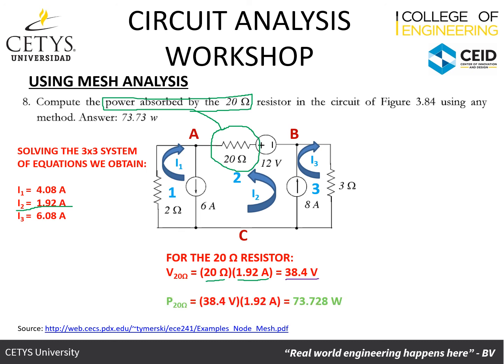So the power in the 20 ohm resistor is going to be the 38.4 volts multiplied by the 1.92 amps, and that is going to give us 73.728 watts, which is the power that's being absorbed by the resistor. And guess what? This is equal to the answer of the problem,